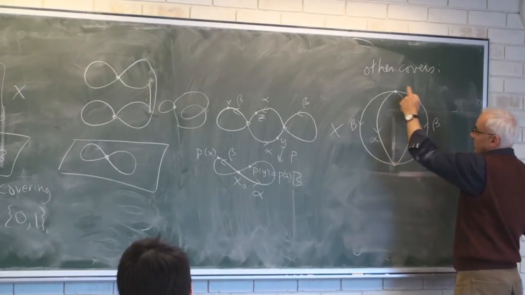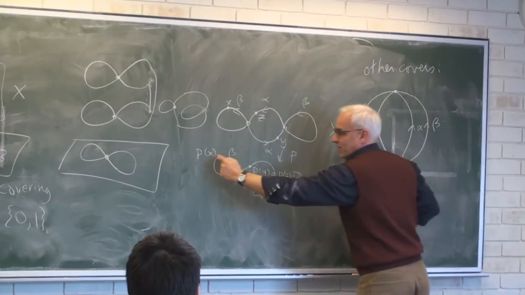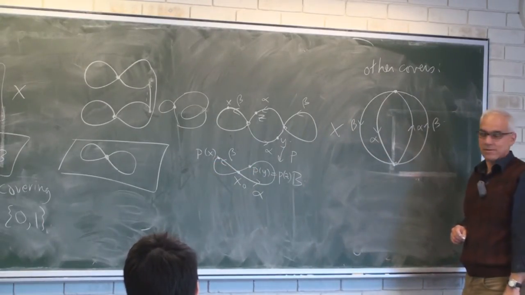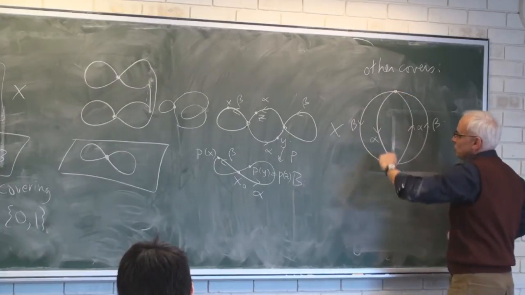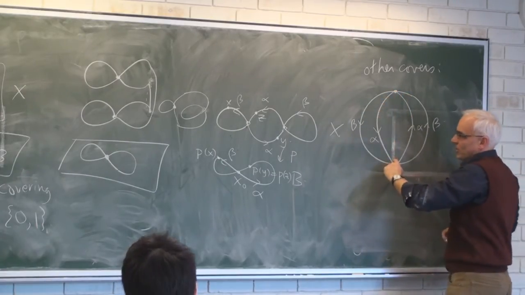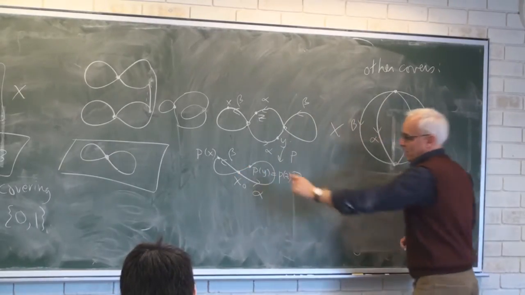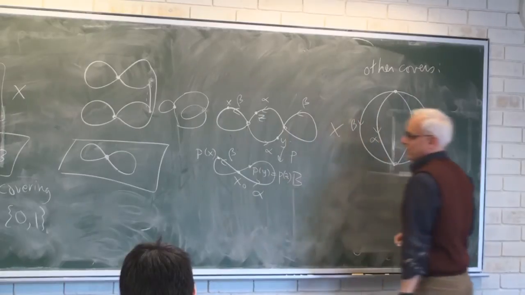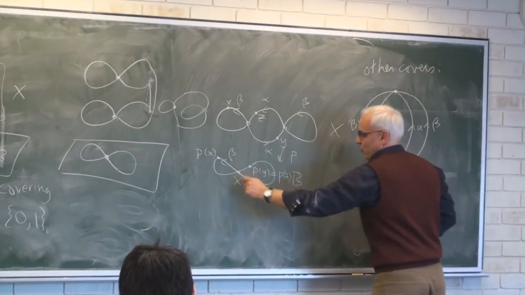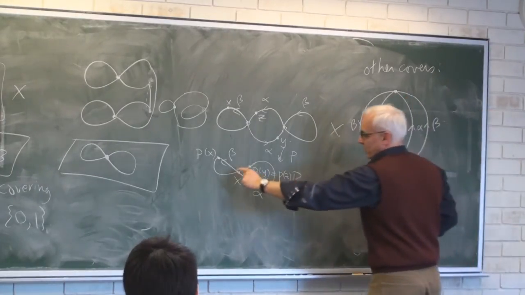While this path beta going in this direction would also get mapped to that path beta down there. So the directions of the labels tell us what the map is. So we go down alpha in this direction. That means we're going to map to alpha all the way along down there, starting from here and ending up at the same point. This one here also gets sent to this thing here.